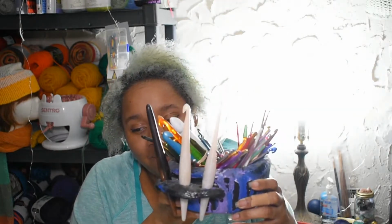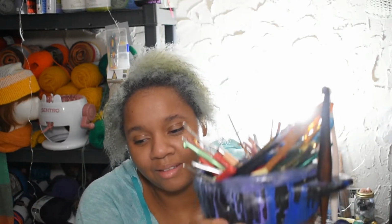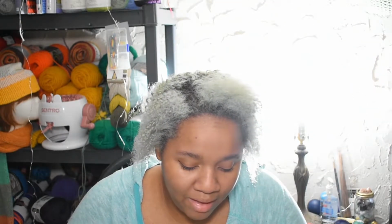So this is my little happy bowl of crochet hooks. When I was on a pottery kick, I was trying my hardest to make a yarn bowl type thing. Well, not even a yarn bowl. I think I was trying to make a vase or something for my hooks, but it ended up being more like a bowl, and then it has this charismatic little crack down the front of it. Oh, it's right there. And so it could be used as either a yarn bowl or a crochet hook thing. But since I rarely find myself in a situation where I need a yarn bowl, it became the holder for